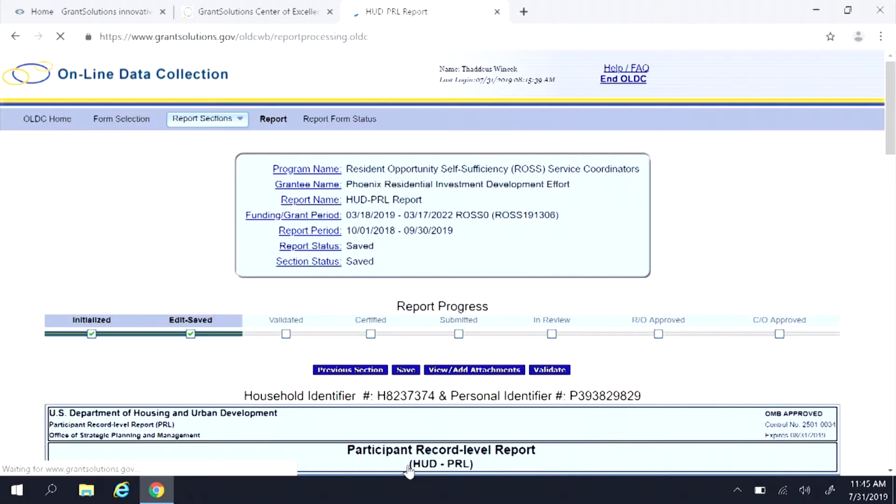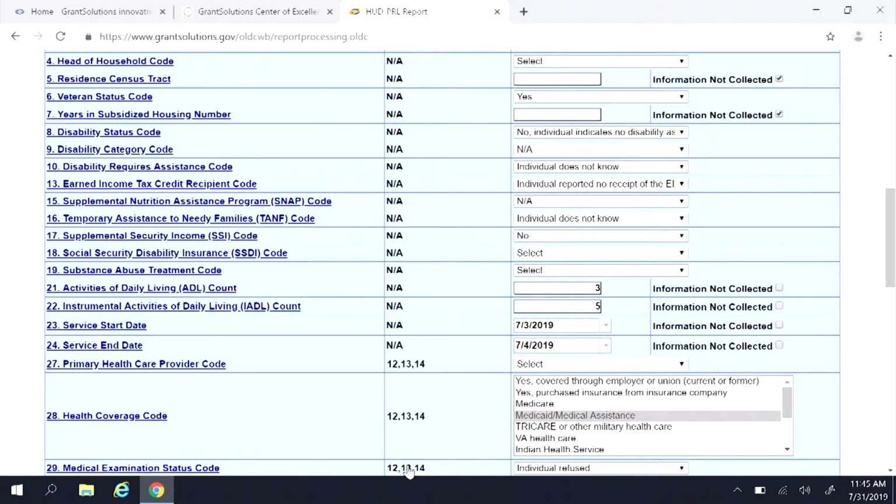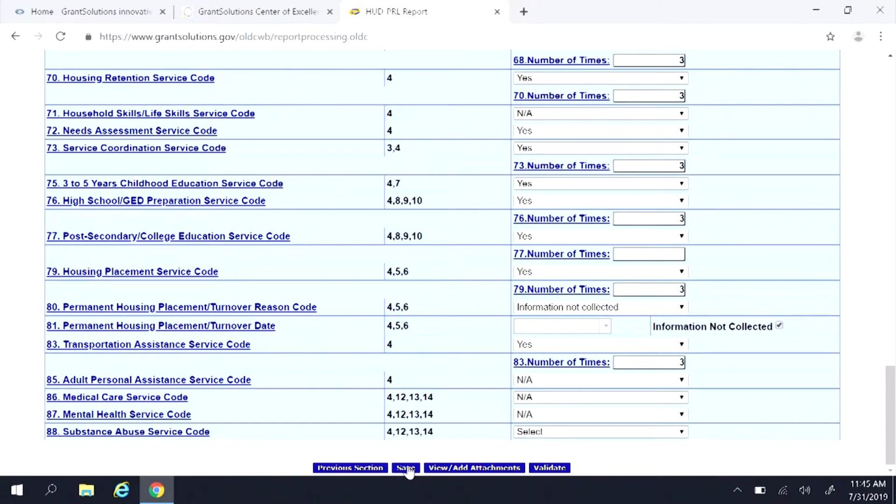The way I suggest going through this is as you collect the information, you just put it in as you go throughout the reporting period. Once the reporting period's over, you probably just have to do some last minute stuff, but it should be pretty much already completed. You're going to be saving throughout the reporting period. After September 30th, when the reporting period closes, you're going to review your data, make sure everything's up to date as of September 30th, and then click validate. That's basically making sure that everything you put in is correct. I just click validate,